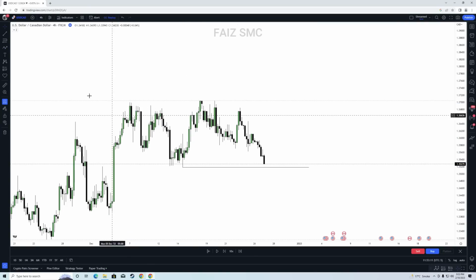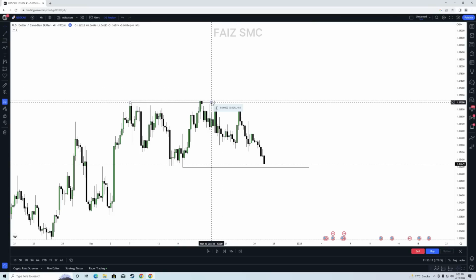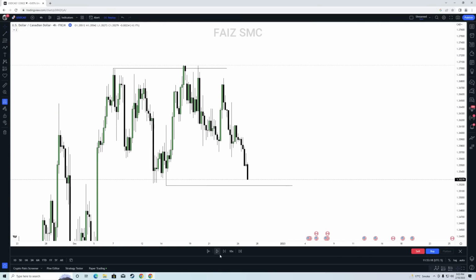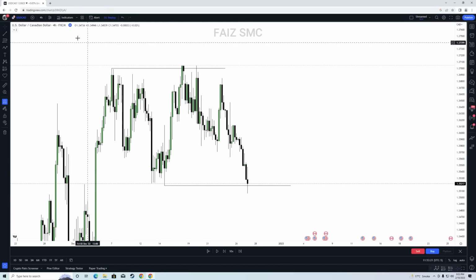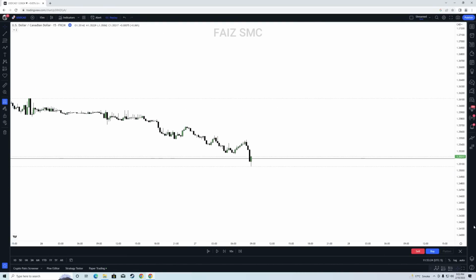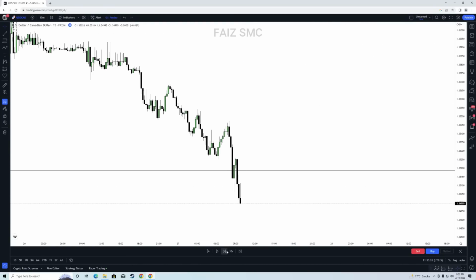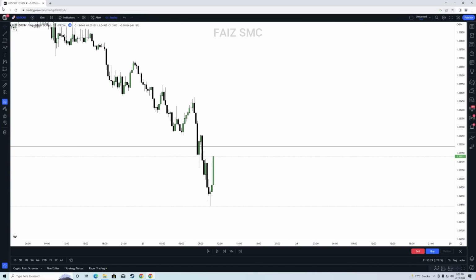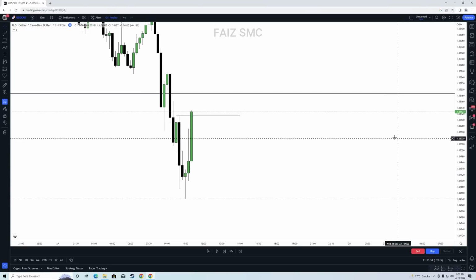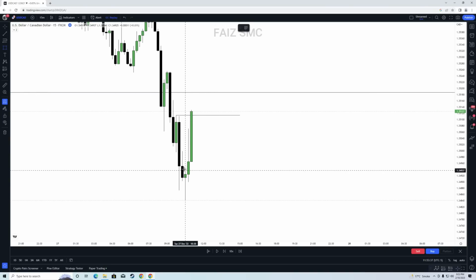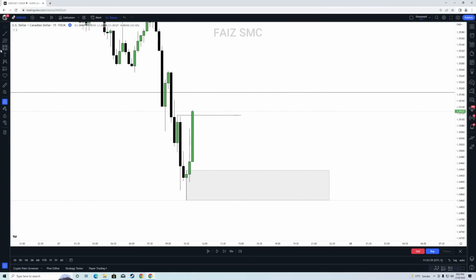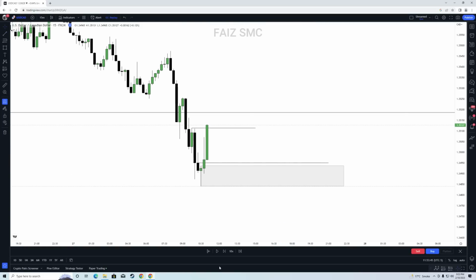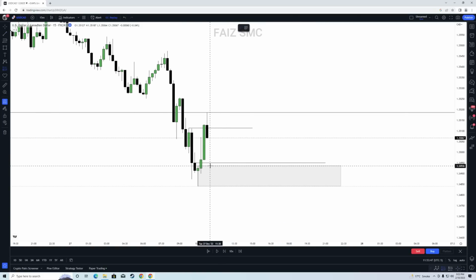So we have the ABC pattern completion, right? And after that, we have the low of the B leg. So we wait for price to take out the low. It happens right here. So we drop down to 15-minute time frame and look for market structure shift. And there we have our beautiful market structure shift. So what we do now is we take our entry from the order block or fair value gap or this candle right here, which could be an order block as well. So I would have my entry right here,